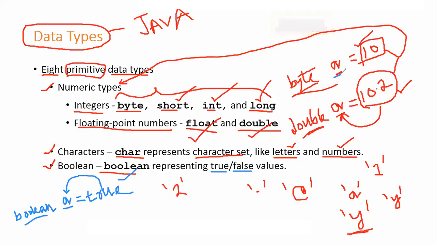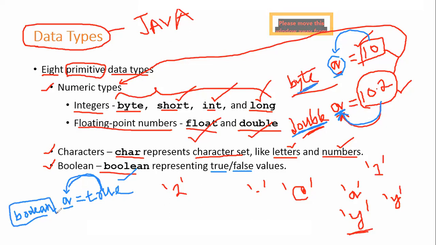But here you notice the type of A, I picked as byte. Why did I pick byte? Since I'm trying to store a value called 10. Here you see that for the same variable A, I picked double. Why? Because here I'm trying to store a floating point value, that is 10.2. But here in the same variable called A, I'm trying to store a Boolean value. Since I'm trying to store a Boolean value, the type of A is nothing but Boolean.